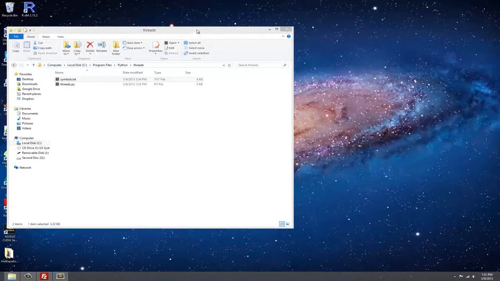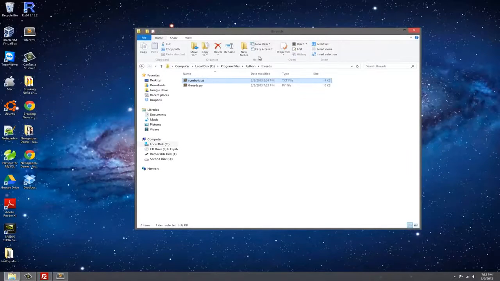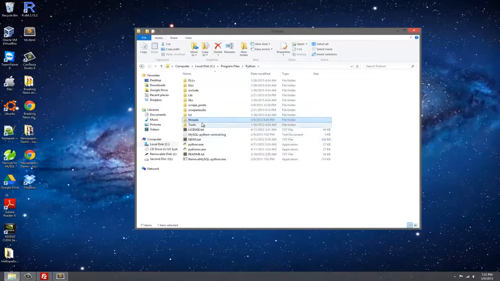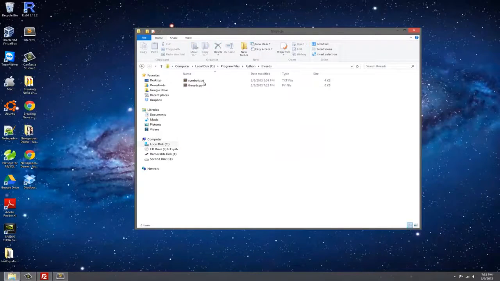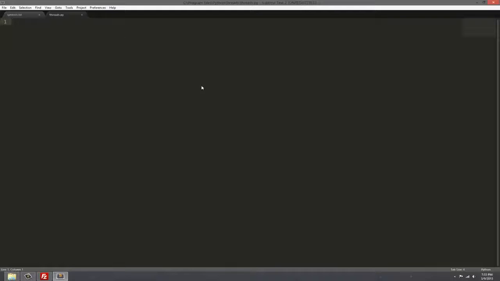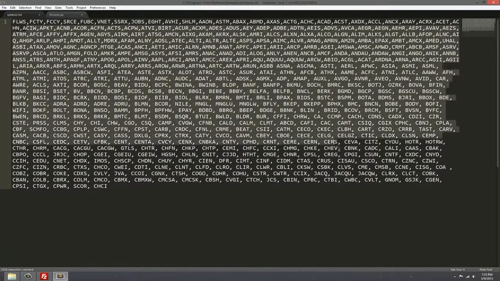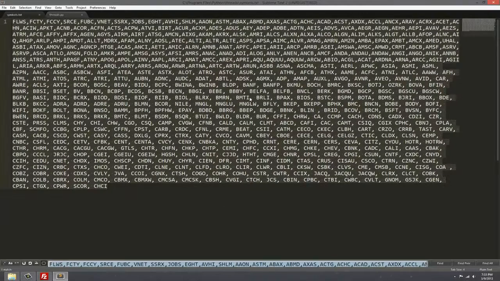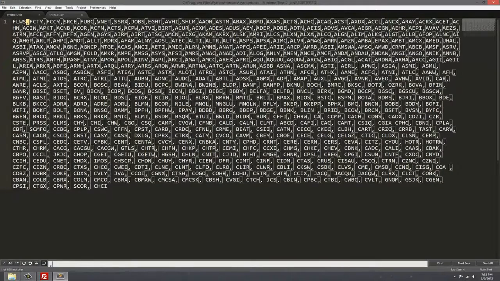As you can see, I have the threads folder open, which is just a folder I made in the Python directory. Inside the threads folder, we have our symbols.txt and our threads.py. This is just an empty file, and symbols.txt just contains about 595 different symbols. So if we go to our threads.py,